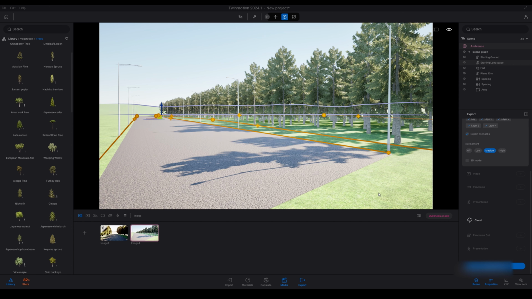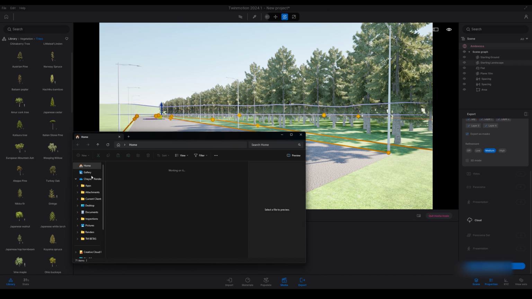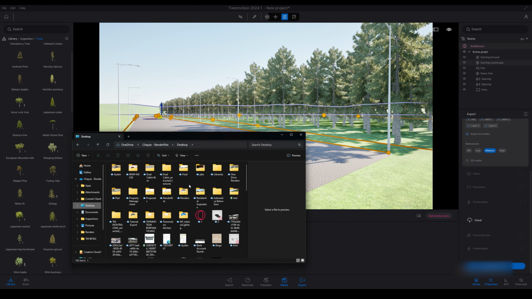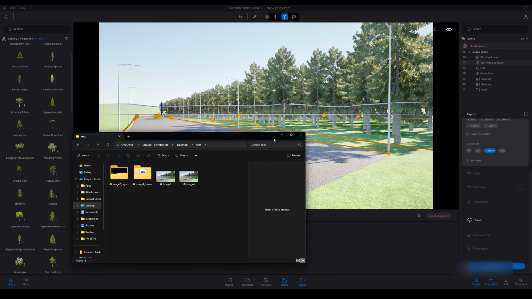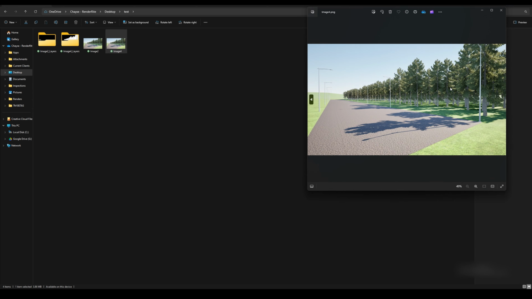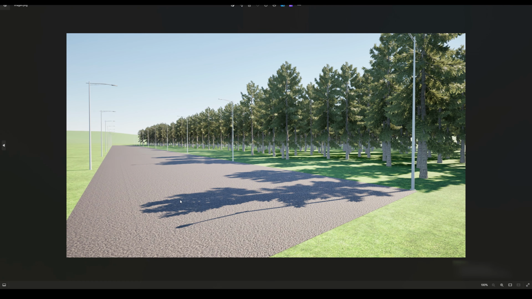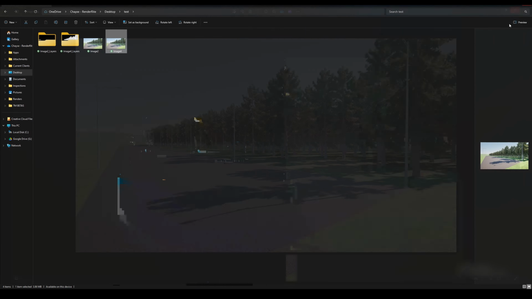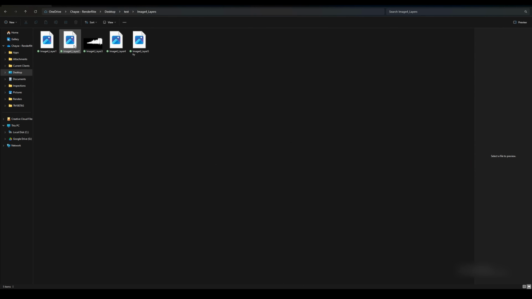Once I have these exported, I'm going to go down to my file location. And here I have the exported image, which is this, and then image for layers.